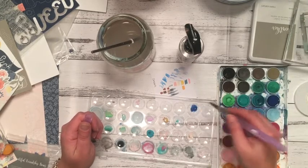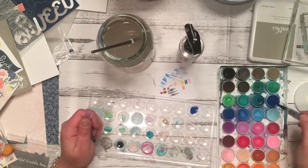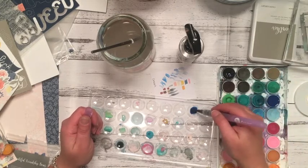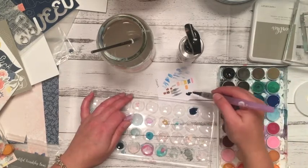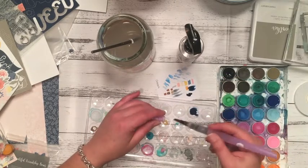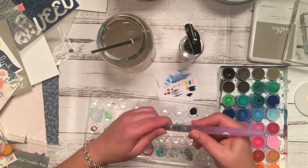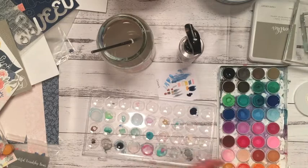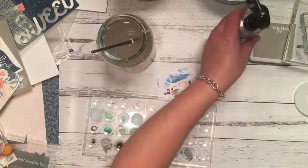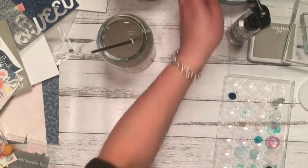I didn't want this to be too long because this video is so long already. Let's add a little bit of black in there. Yeah, see, that's a better blue there. Okay, I'll just wipe that off. There. I don't need too much because I'm not adding that many splatters, so I'll just pop that out the way. Throw that in the bin,